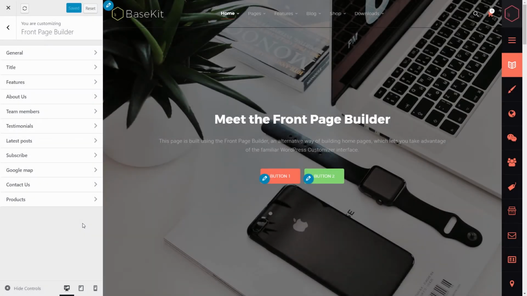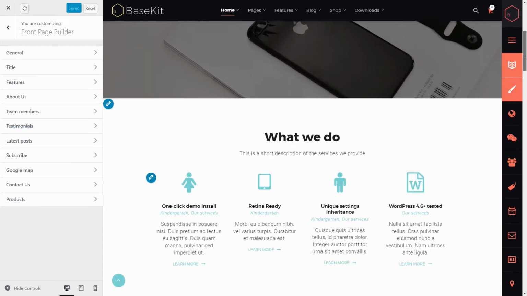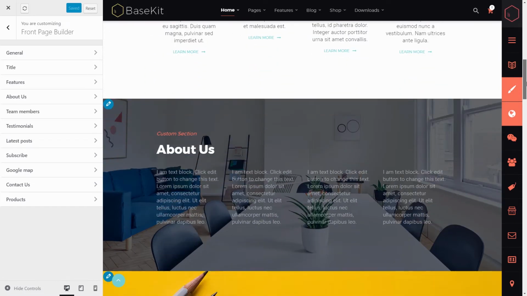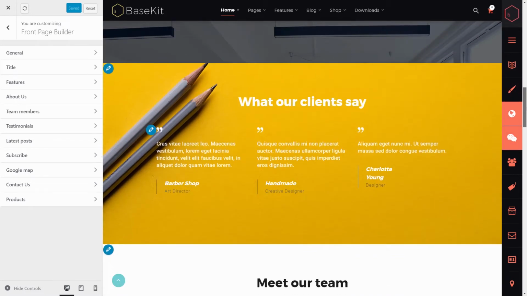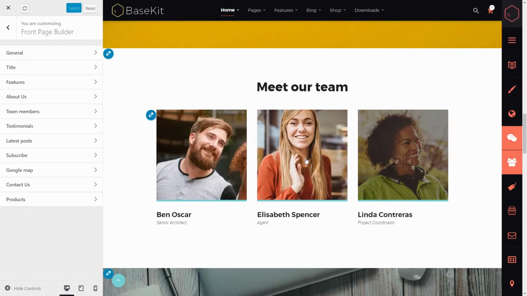Hi everybody! In today's video I would like to introduce to you the Front Page Builder, a tool that lets you create a beautiful front page using the WordPress customizer interface. The page you see right now is built entirely with the Front Page Builder. Every section of this page corresponds with a section in the customizer, which you can adjust and modify according to